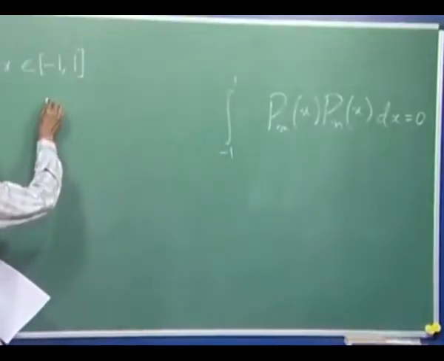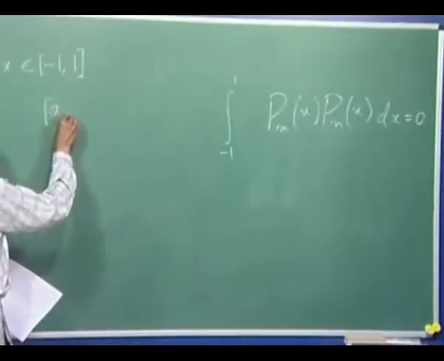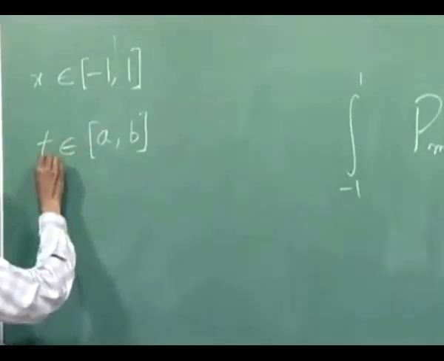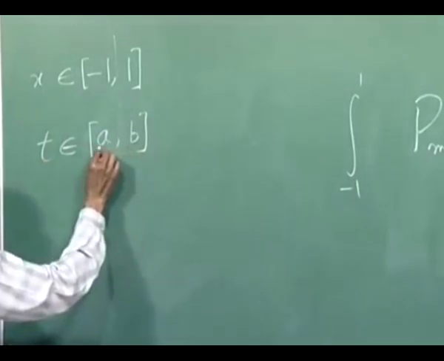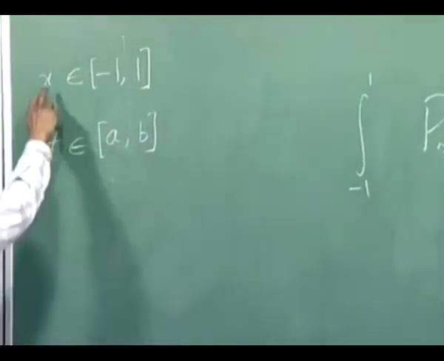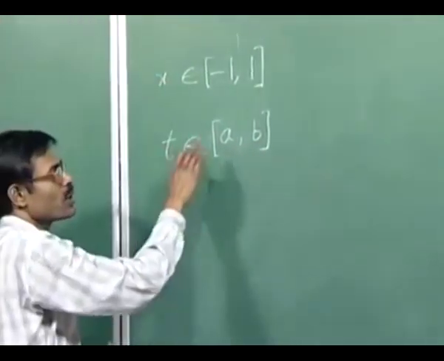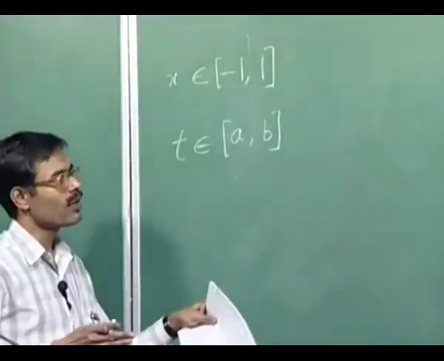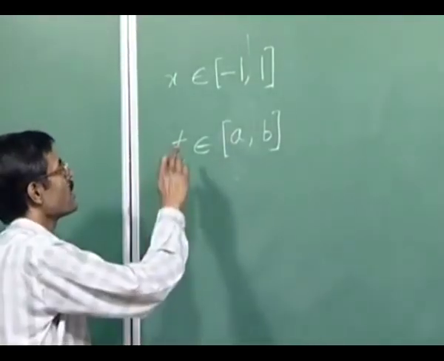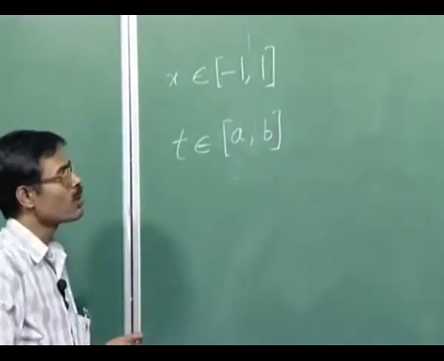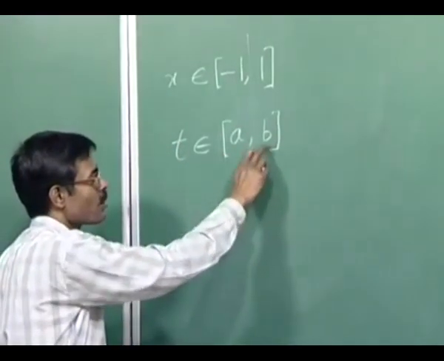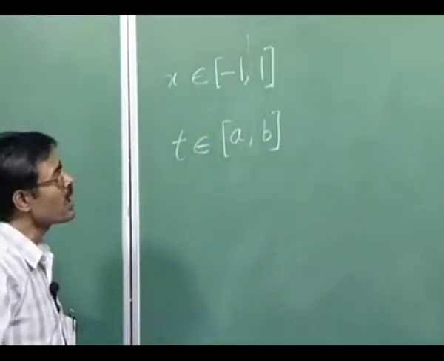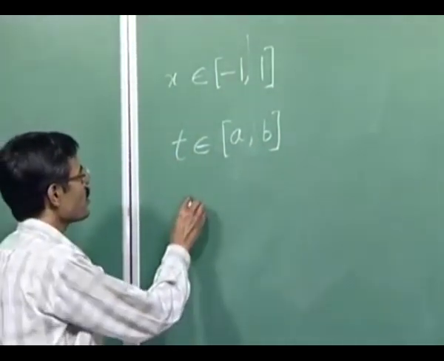Whatever our domain of interest, we can say that another variable varies within this interval, and between this variable which will fit the domain of orthogonality of Legendre polynomials and the variable in the domain of our interest, we can directly establish a scaling, and that scaling will be given as